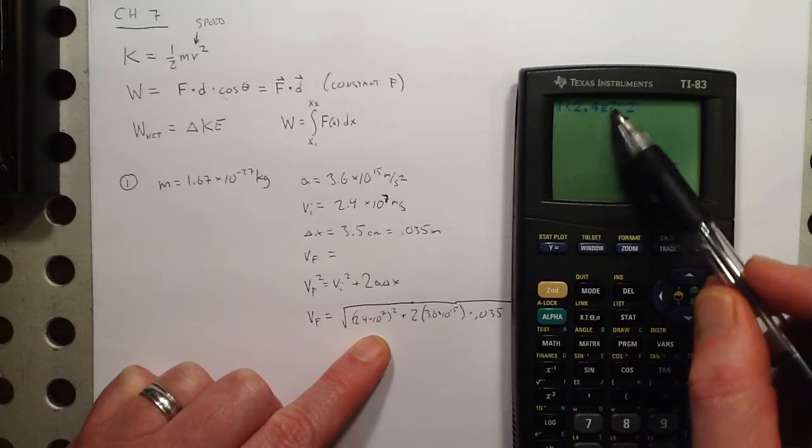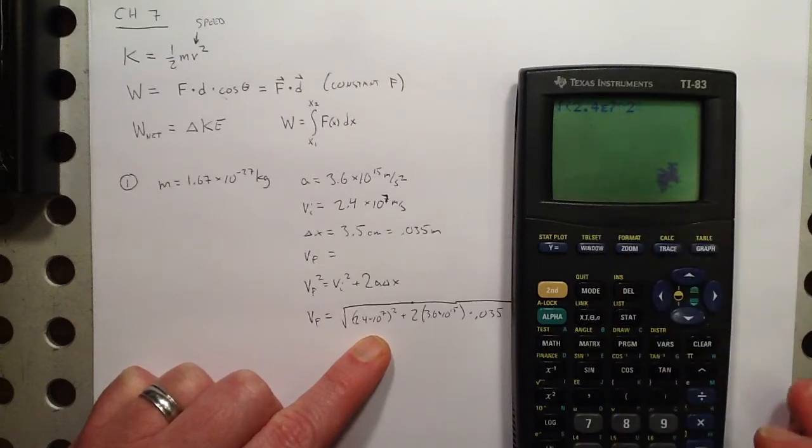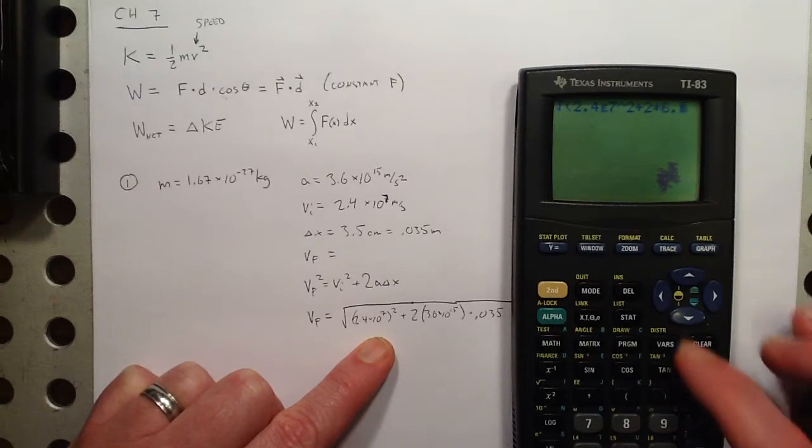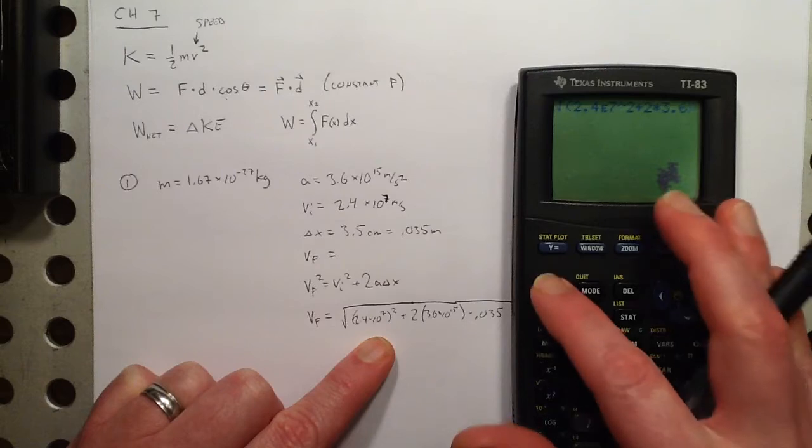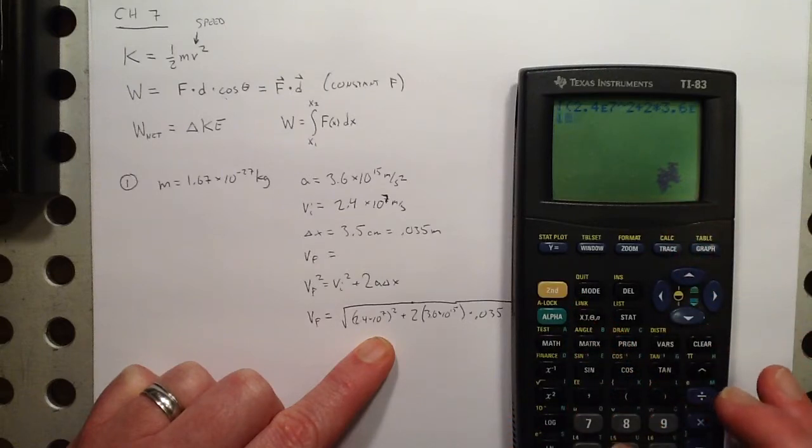It understands that this is a number squared. That's how it processes order of operations in that case. And 2 times 3.6 times 10 to the 15th times 0.035,